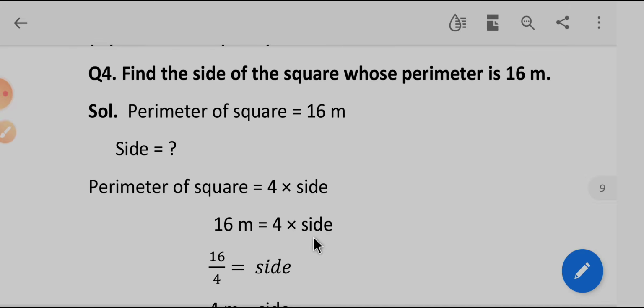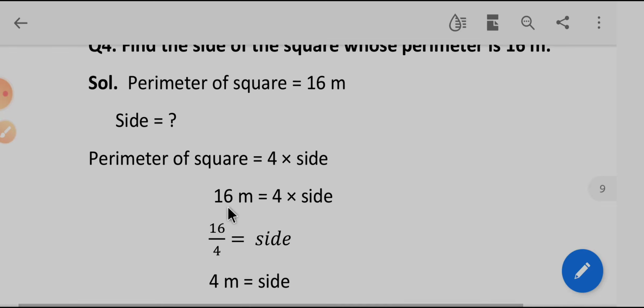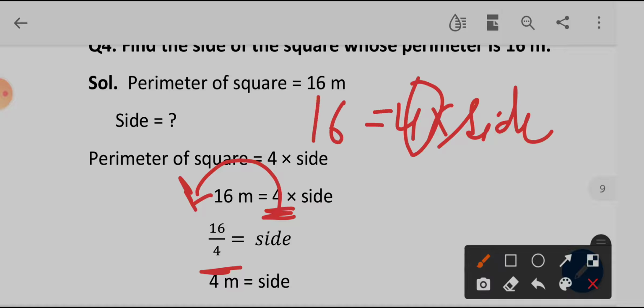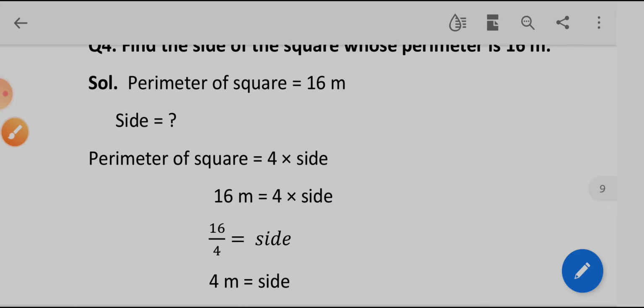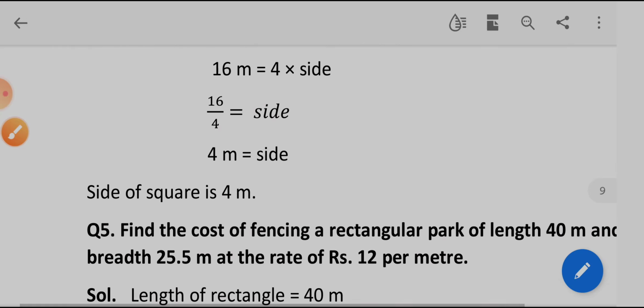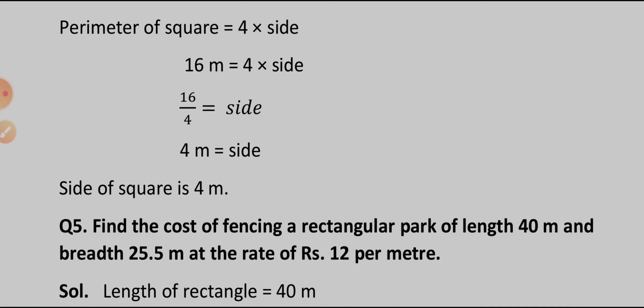As we do not know the side, हमें side पता नहीं है, इसलिए हम side को side लिखेंगे. Now see, here you can see that 4 is given in multiplication. If you want to transfer it to the right-hand side, it will change into divide. अगर कोई सा भी नंबर अगर वो लेफ्ट में मल्टीप्लिकेशन में है, अगर हम इसे राइट में ट्रांसफ़र करेंगे तो वो किस में चेंज हो जाएगा? डिवाइड में. So we will take 16 to here, so it will change into divide. 4 1 जा 4, 4 4 जा 16. It means the side of the square is 4 meter. So the side of the square is 4 meter here.